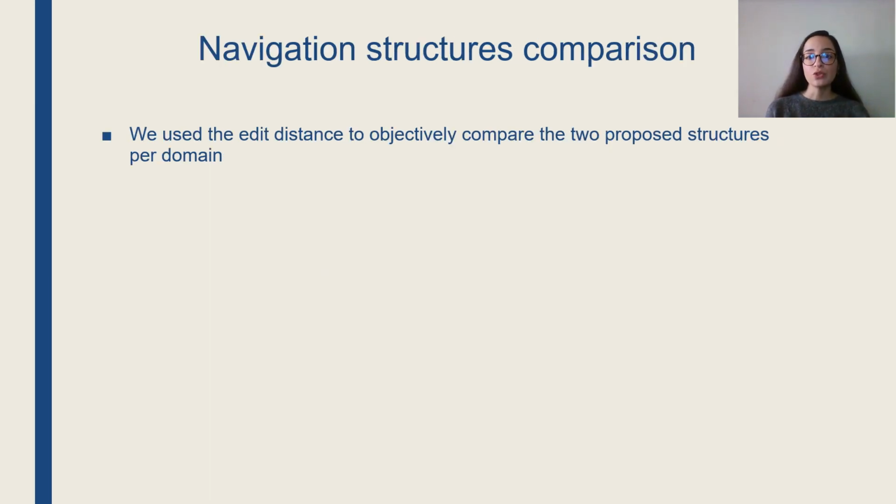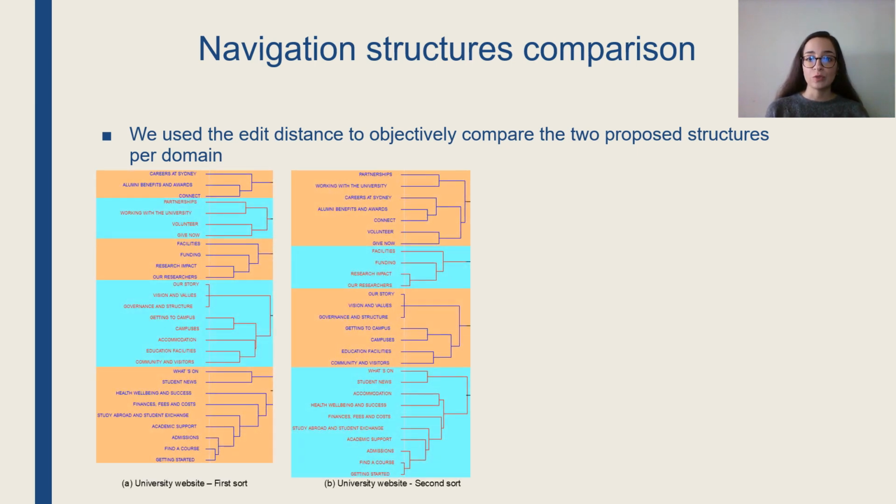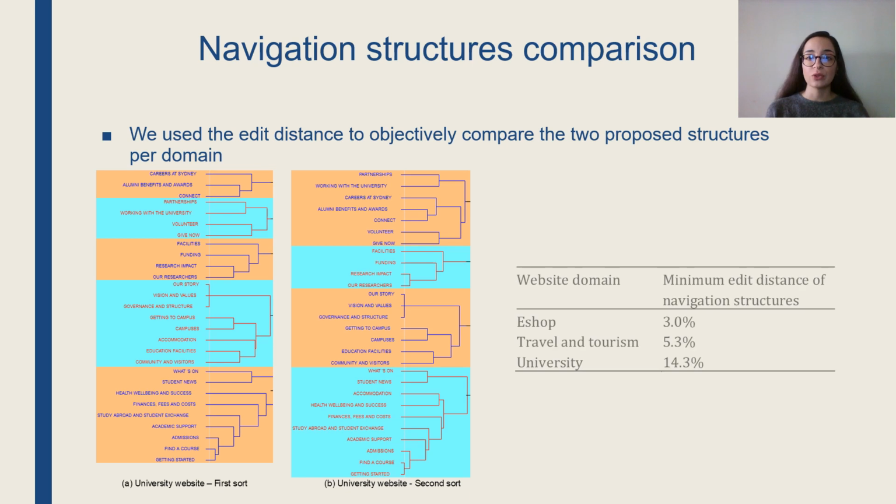For the navigation structures comparison, we again used the edit distance to objectively compare the two proposed structures per domain. The navigation structures produced by performing state-of-the-art analysis of the card sort data were highly similar, at least 86%. This means that only 1 to 4 cards had to be moved in order to have two identical structures per